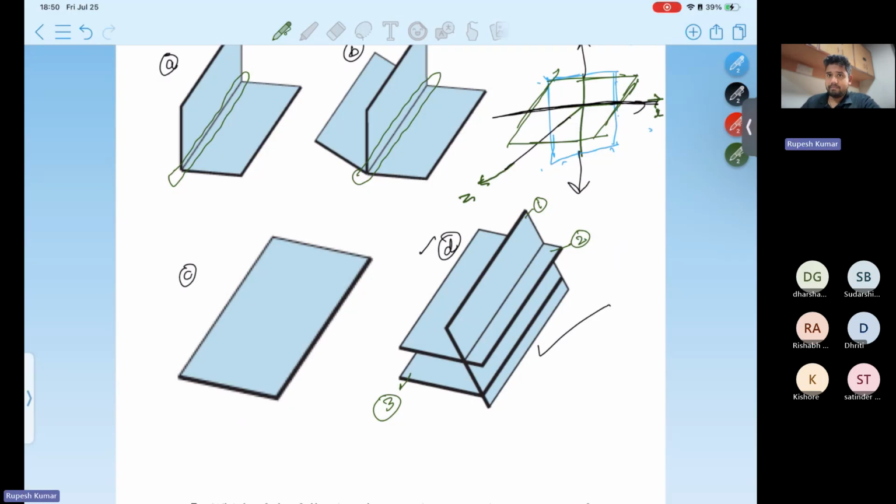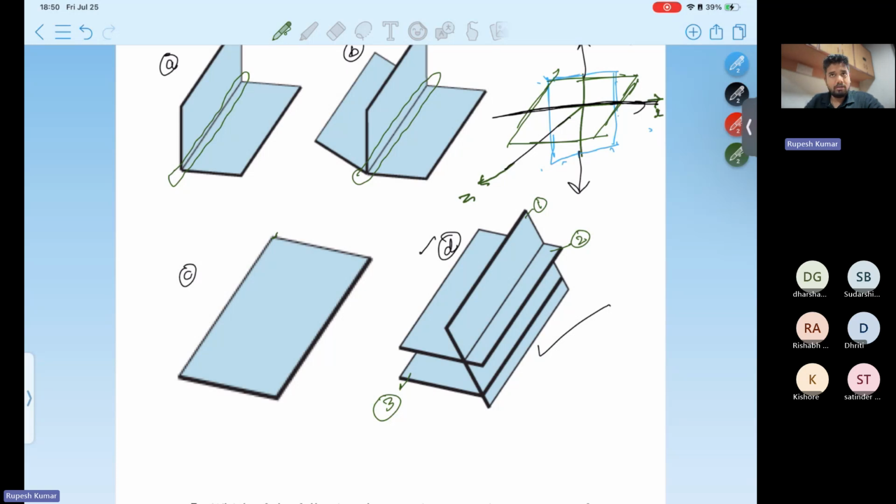So you have some set of points that lie on all the possible planes that we are given. We are given only one single plane and you have an infinite number of points that lie on this plane, right? But in option D, you have three planes and there is no single point or line that lies on all of these three planes. Fine. Is this clear? Am I clear?